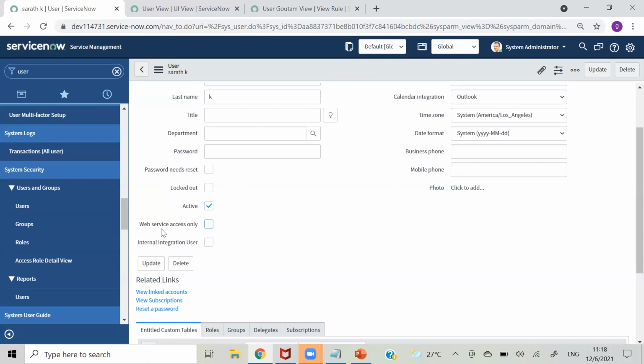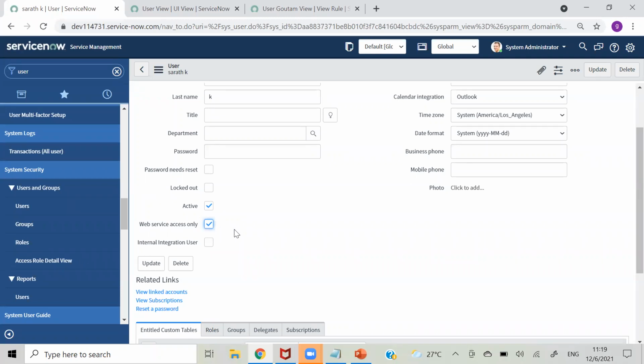Then we have web service access only. If this is ticked, that person will not be able to access ServiceNow. He will not be able to access our whole platform. For web services, we provide a user ID and password to our client, right? So you can think he is the same person.